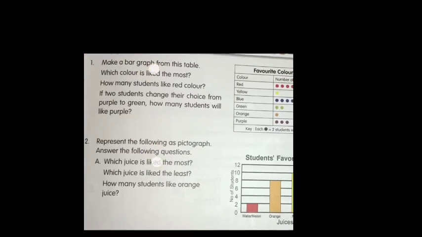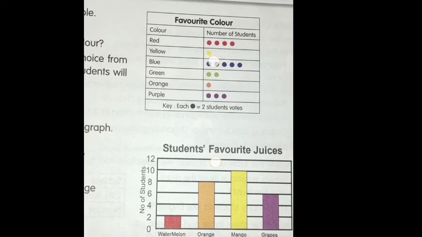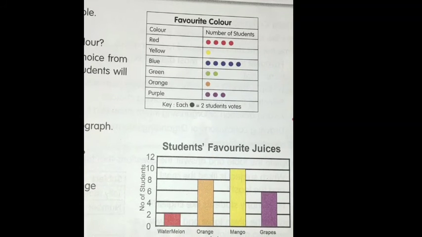Now once you observe this picture, make a bar graph from this table. Which color is liked the most and how many students liked red color? If 2 students change their choice from purple to green, how many students will like purple? Here the scale is 2 students votes each. Okay, now color, here the title is the favorite color. Now number of students. Red: 1 circle equals 2 student votes. Red color equals